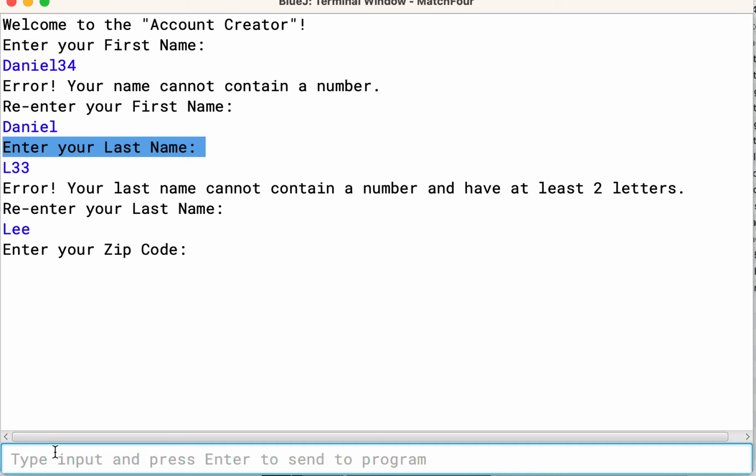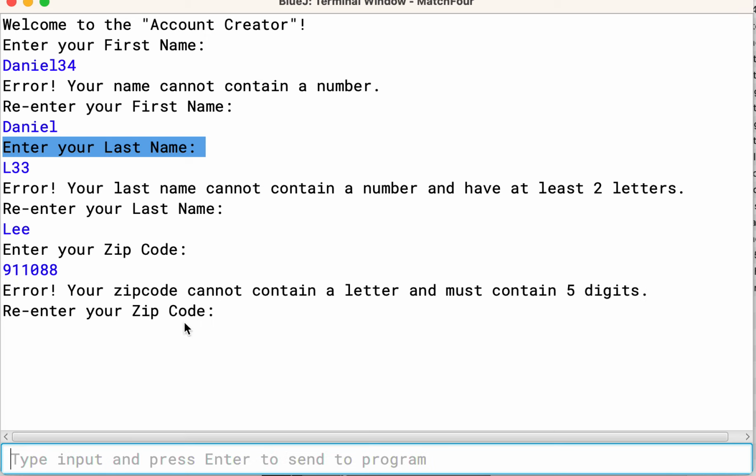My zip code, I'm gonna do 9110088. Notice here that a zip code is made up of 5 numbers, so we get an error if we put in 6 numbers, and it's going to continue to error until I enter in a proper zip code like